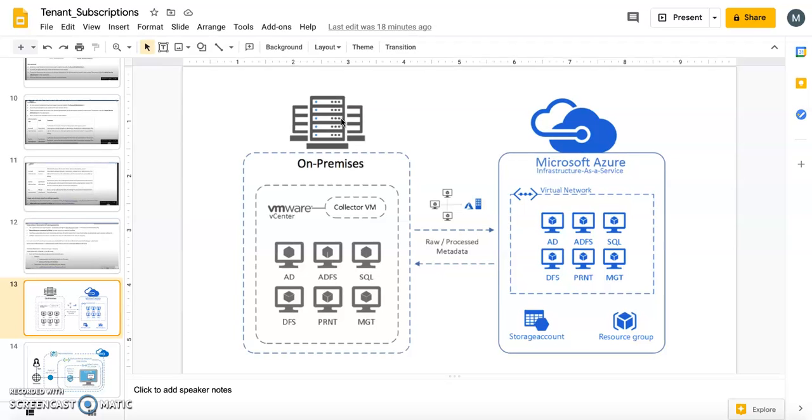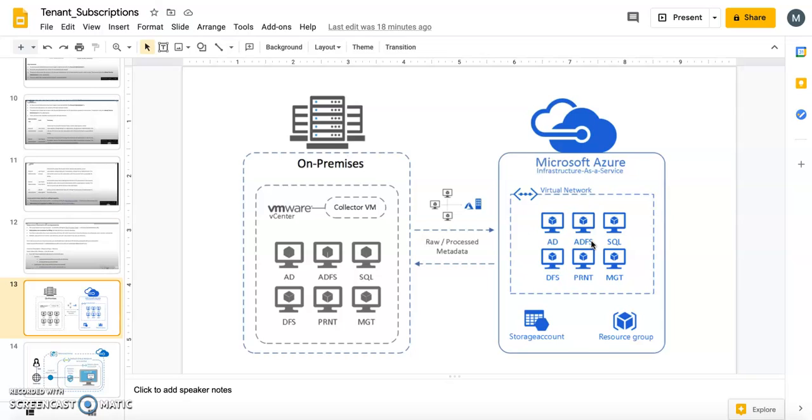In contrast, in any cloud, specifically Azure, on the right hand side, Azure gives you an infrastructure where you can spin up your virtual machine. There is a virtual network, and inside the virtual network I have all my virtual machines. One can be a SQL server, one a management application, one a print application. I spin up my VM in the Azure cloud and use it for the time I need it.